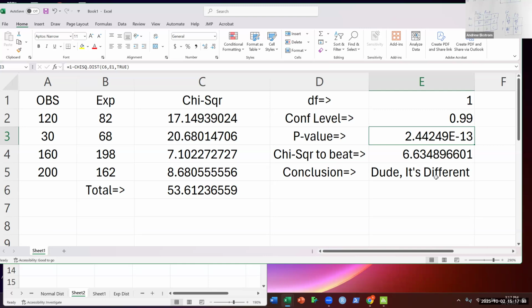So what did I do wrong? Well, what you have to keep in mind is that p-values have to be between 0 and 1. So you're telling me that this guy has a p-value of 2.4, which tells me that it's way above. I'm not saying that what I've got is right. But if you look at what we have,